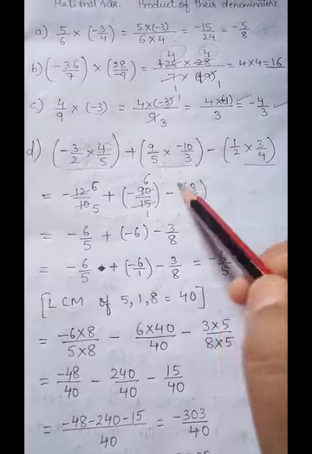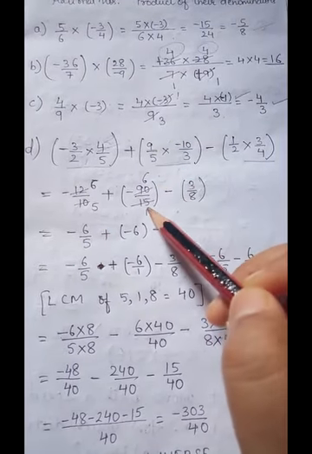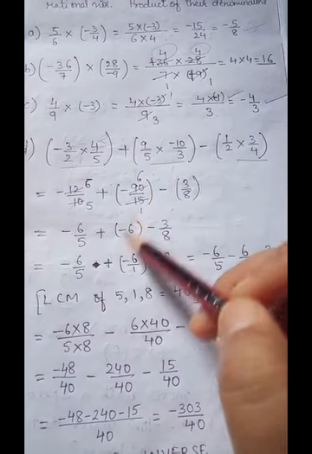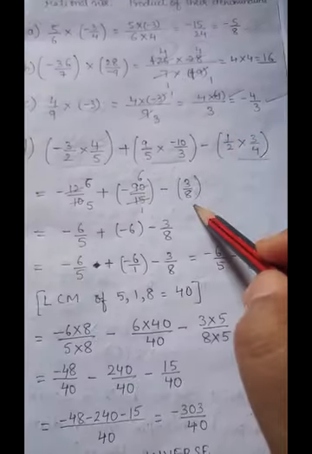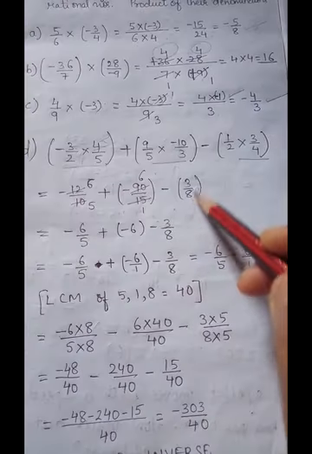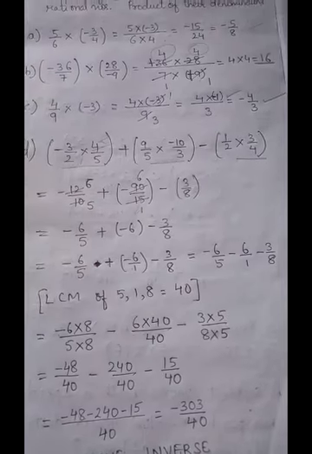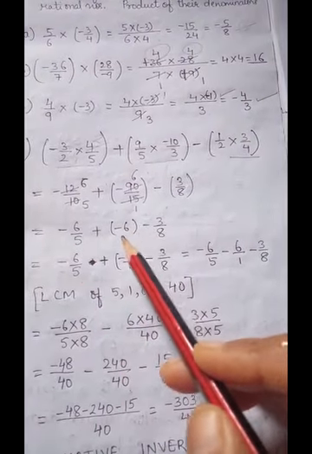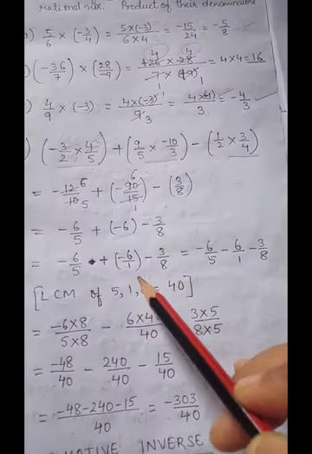And here it is minus 90 upon 15. So 15 ones are 15 and 15 sixes are 90. You will be getting minus 6. And this is 3 ones are 3, 2 fours are 8. So 3 upon 8, minus 3 upon 8. So this is minus 6 by 5, and this is minus 6, denominator is nothing, means 1, and this is minus 3 by 8.